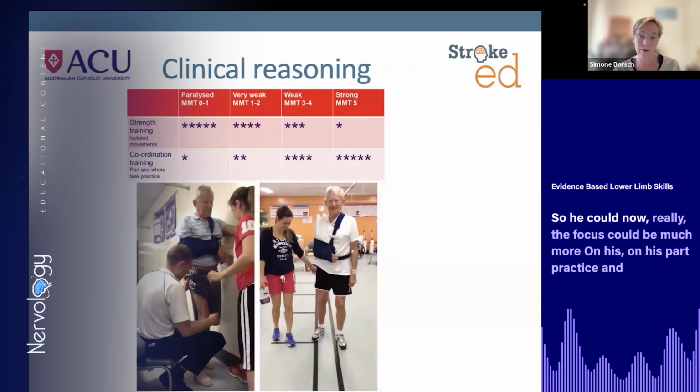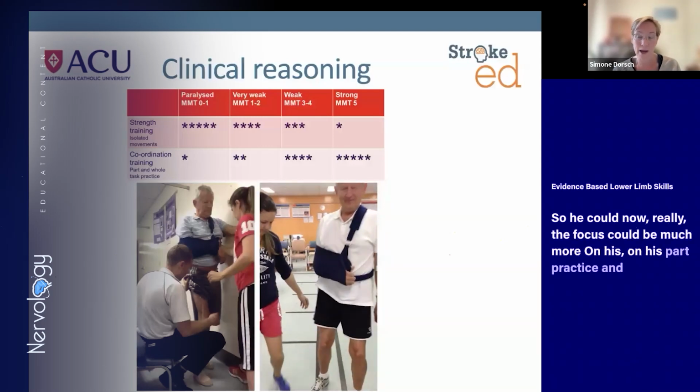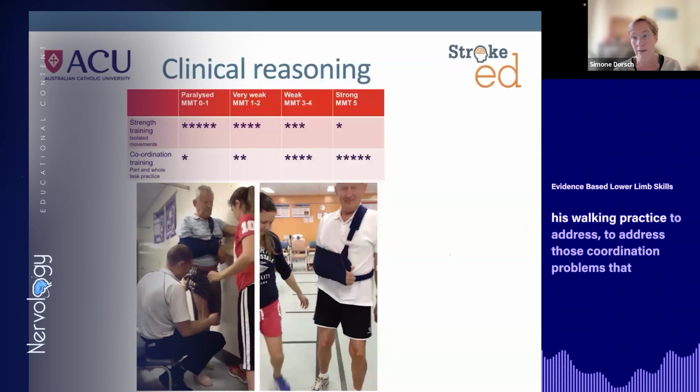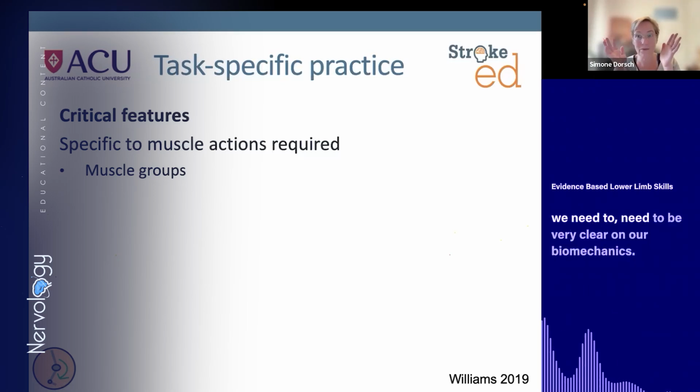So he could now, really the focus could be much more on his part practice and his walking practice to address those coordination problems that he's having. So what are the really critical features of doing effective task-specific practice is that we need to be very clear